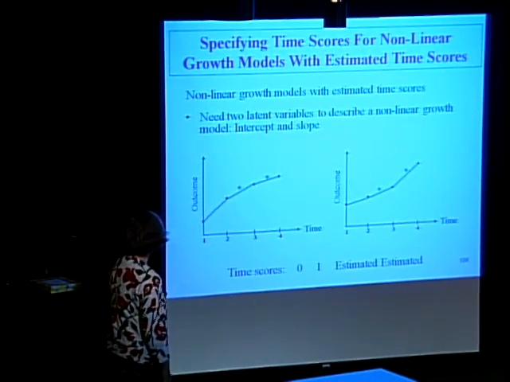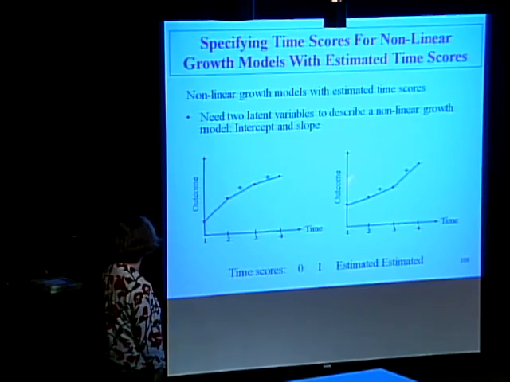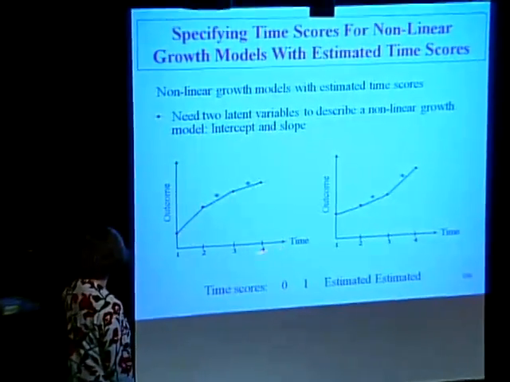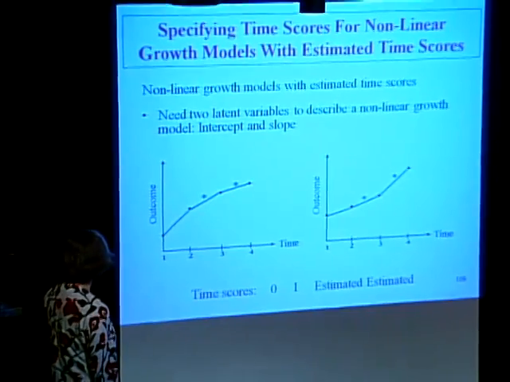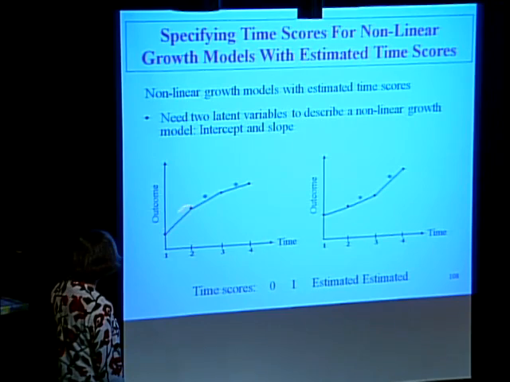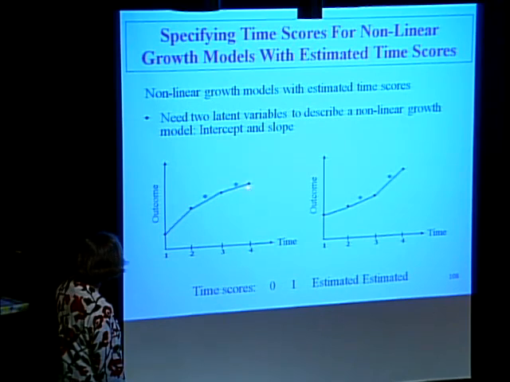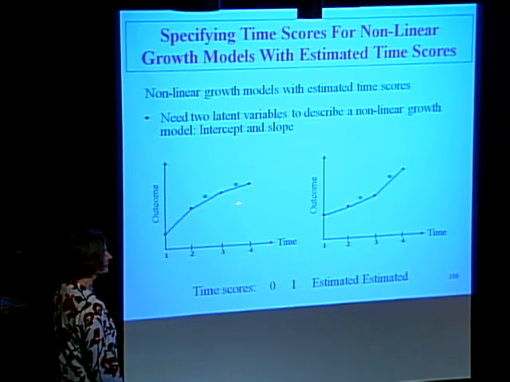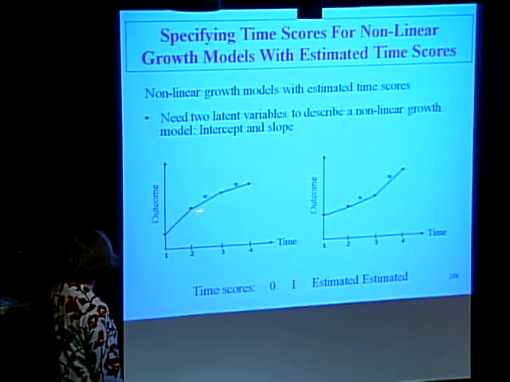So now we're going to take a look at some models that look like the 2 graphs here, where we have our time on the x-axis and our outcome on the y. And from time 1 to 2, the slope is steeper than from 2 to 3, and then 3 to 4 levels off a little bit more. So we don't have that straight line that's going to fit the means that are represented here. Or to the right in this picture, perhaps it starts going up,